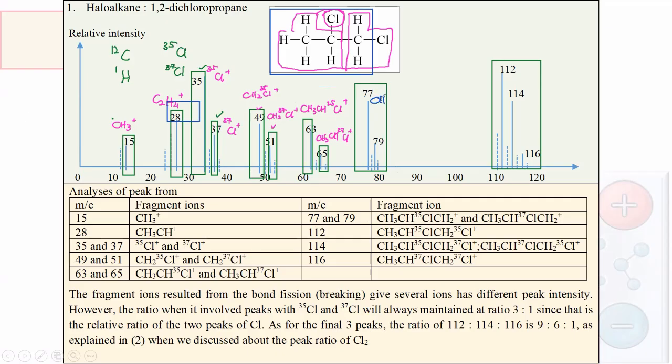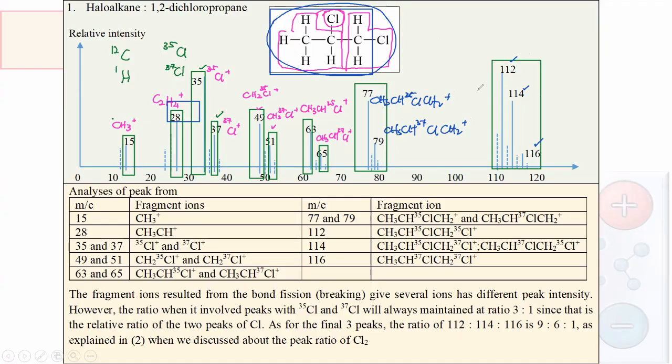CH3CH35ClCH2 plus, and then this 79 is CH3CH37ClCH2 plus in here. And finally, what gives 112, 114, and 116 is the whole molecules of the organic compounds in here, where the